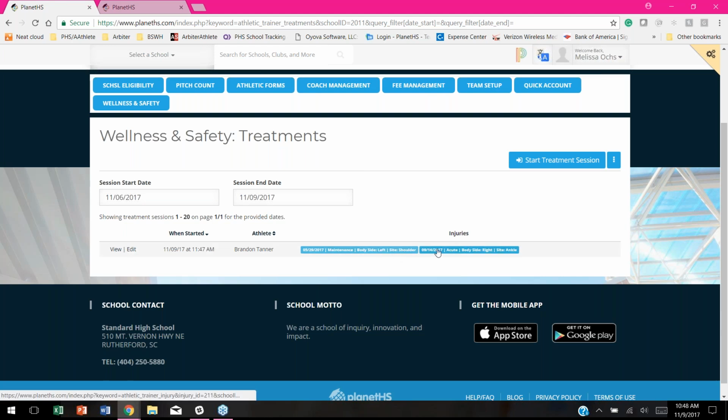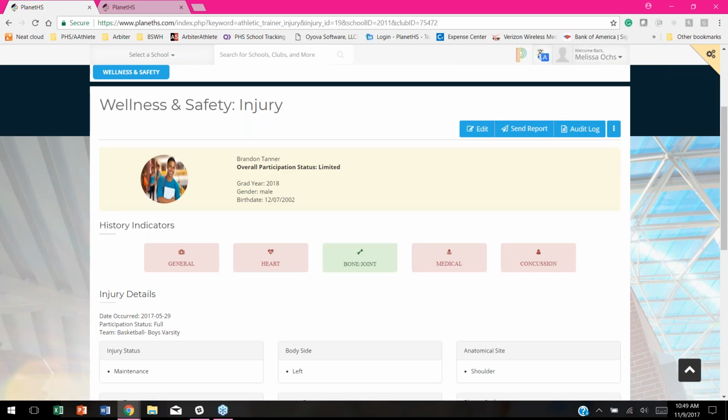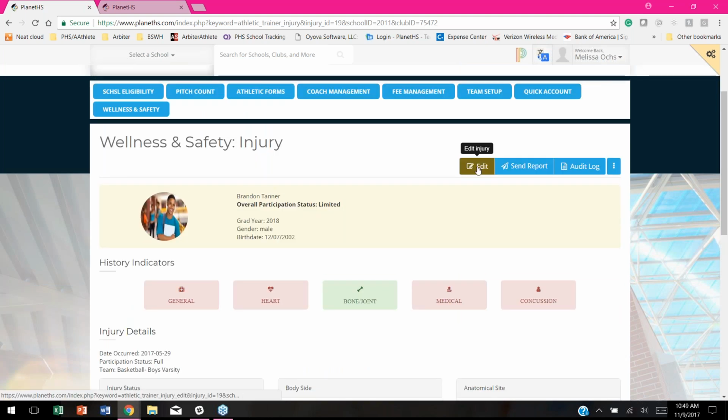If you want to see the injury, so let's say before you go to update your treatment that they did for the day, or you're trying to decide what treatments they're going to do for the day and you want to see information pertinent to the injury, you'll notice these highlight or light up or gray out when you're not on them, but light up when you are hovering over them. If you click on the individual injury, it's going to take you to the injury record. So you can actually see the injury record itself, but also if you were to need to edit the injury record,